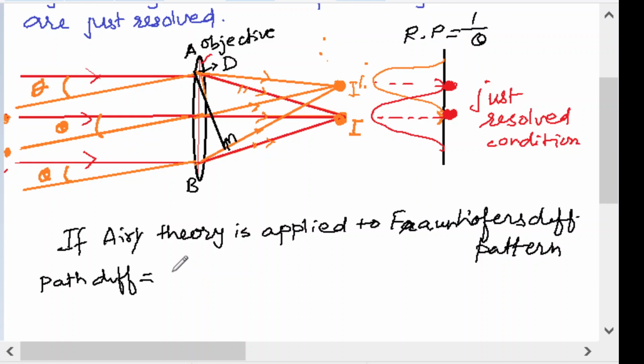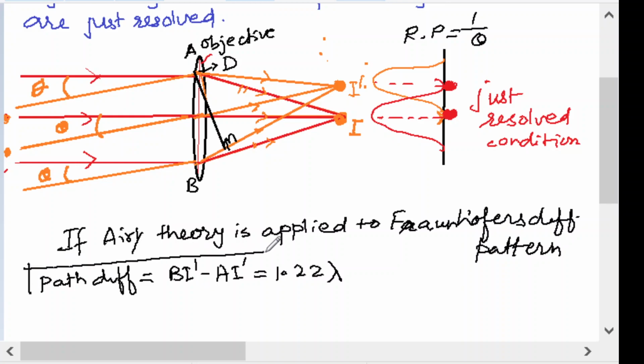It is bi dash minus ai dash. Okay, and that is given as 1.22 lambda by this. If we apply Airy's theory to the Fraunhofer diffraction pattern,